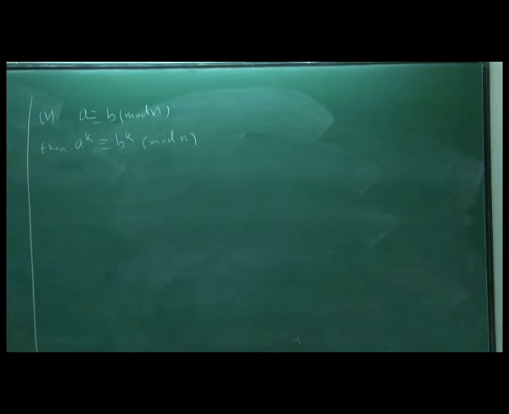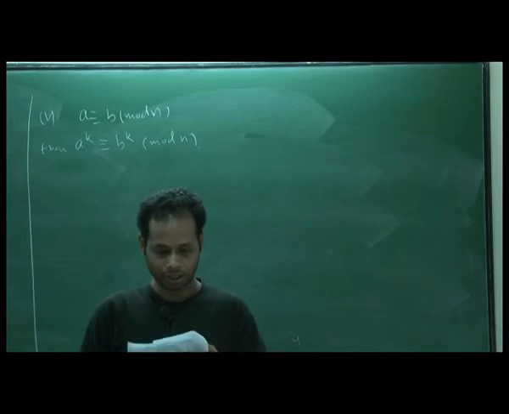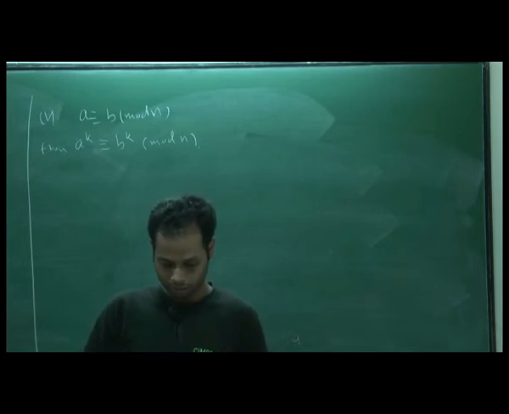But the effective remainder will be different. It need not be B power k itself. The effective remainder is different, but the remainder of A power k and B power k are the same, whatever the k is. It says that independent of k, the remainder of A power k and B power k are the same. Okay. Now with this property, I will do an example, and then I will give you a problem.